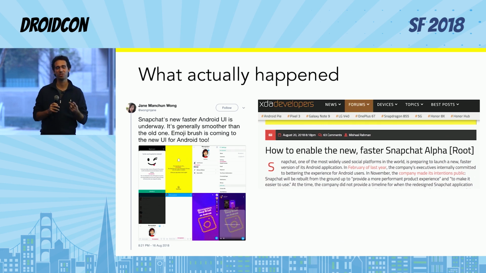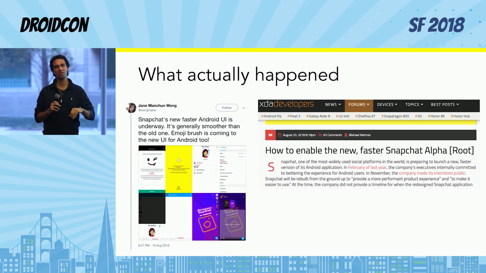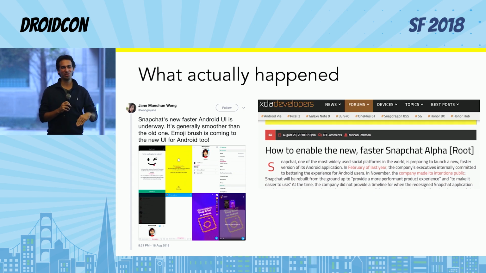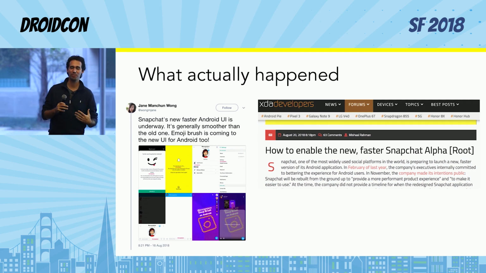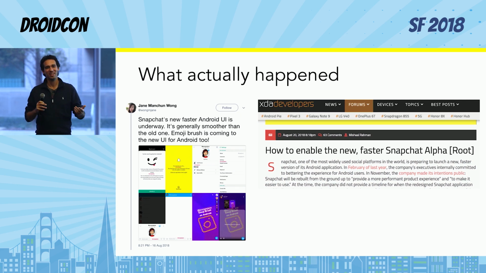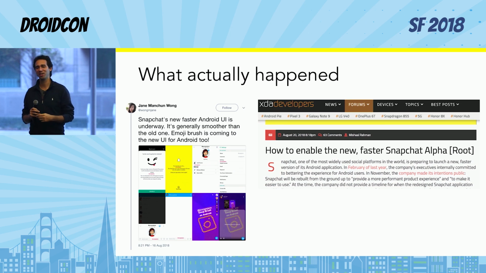So we did two things. One is we actually put code in our app that would detect if someone was trying to change the manifest to opt into the app, and we would fix the hack for them so that they would opt in correctly. That reduced our crashes. But then we had a different problem where people started talking about Snapchat Alpha. And if you search Google for how do I enable Snapchat Alpha, the first result will be an article telling you to root your phone. And we didn't want the majority of Snapchat users to have a rooted phone, so what we ended up doing